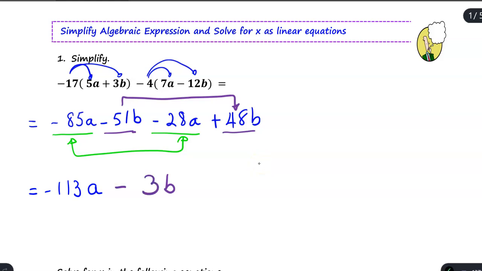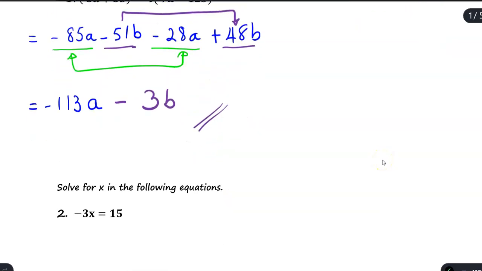So in this case, the final answer would be negative 113a subtract 3b. At this point, we cannot go any further. We have already simplified. We cannot combine these two terms because we don't have like terms. This is the variable a and this is the variable b. So that will be the final answer for this question. Alright, so let's move on to solving for x